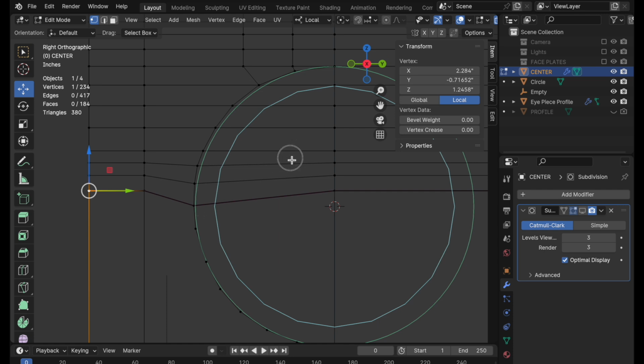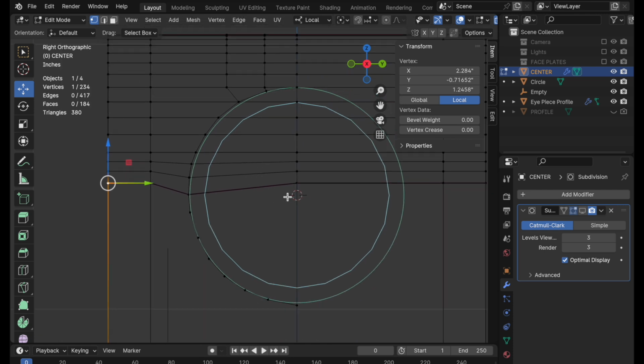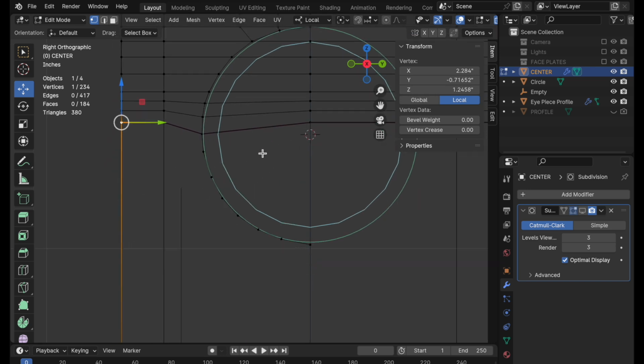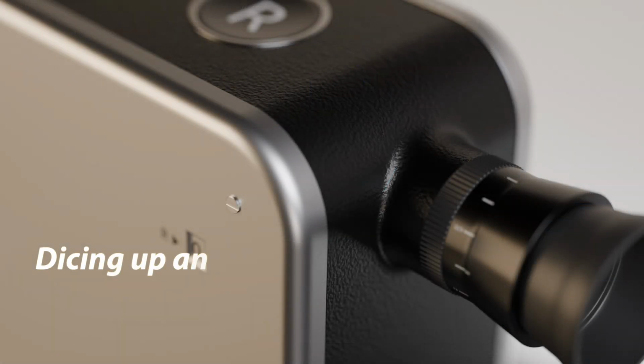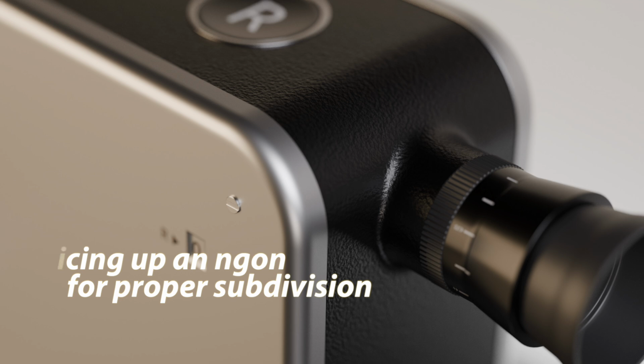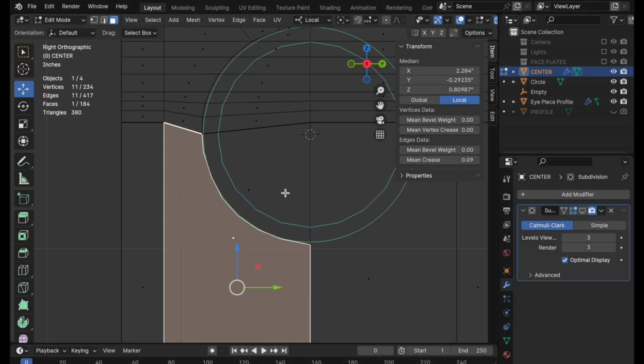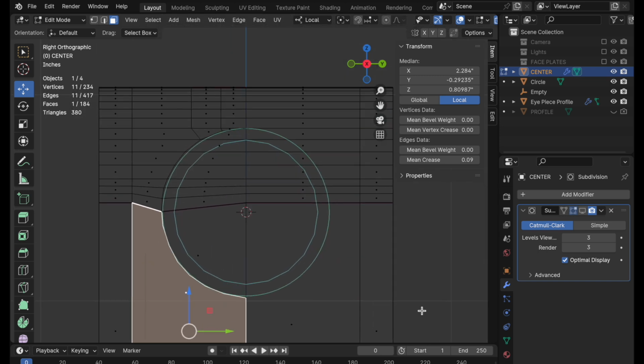So let's come in now, and we need to replicate this work to the other side. We also need to patch up this area because we are working with subdivision surfaces, and we do need to patch up the ngon that currently exists in this area. We're working on this half, and let's go ahead now and start mirroring some of this work, even if it's